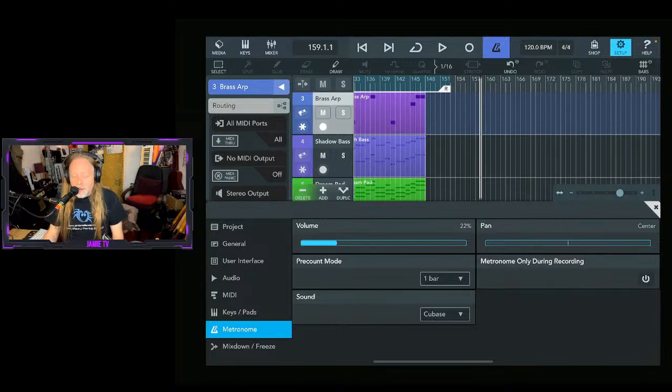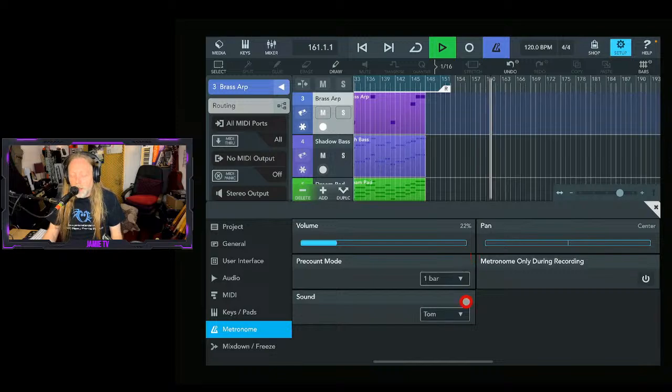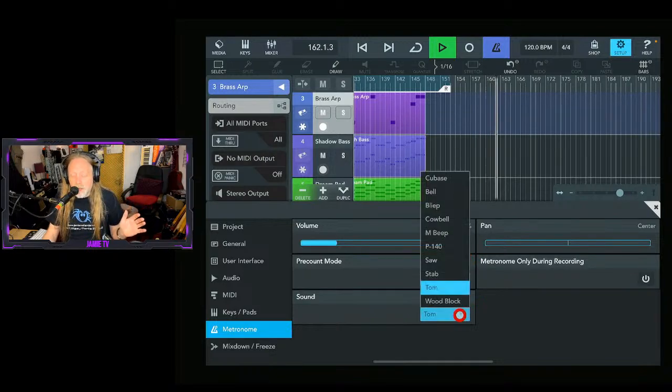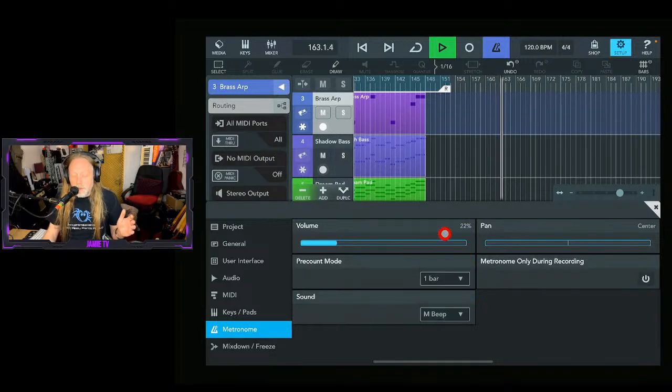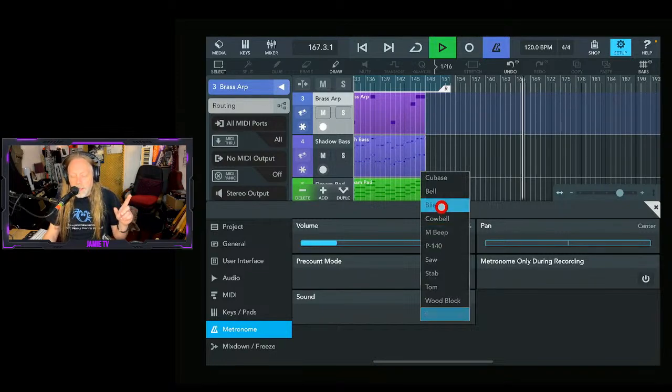Now another thing you can do with the metronome is you can change the sound of it. Now I have it set to the default Cubase sound because I'm a Cubase user of old and I'm just used to that sound. But we can change it. I'm not going to go through all of these sounds, but there's a bunch of different random sounds. And the reason I think this is more than a gimmicky thing, I think this is actually a useful thing, is